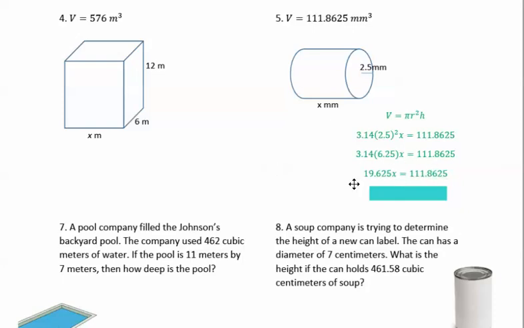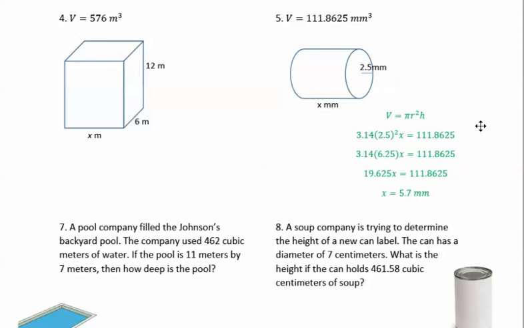And next, we need to get x by itself, all right? That's multiplication, so we divide both sides by that 19.625 to get x alone. In your calculators, what do you get? We should get 5.7. That's the height of the cylinder. The height of the cylinder is 5.7, and it's